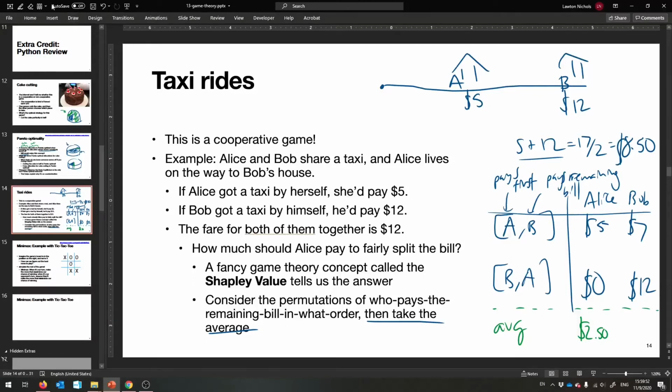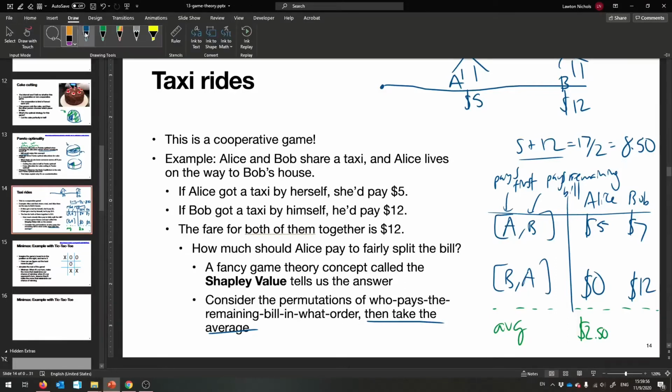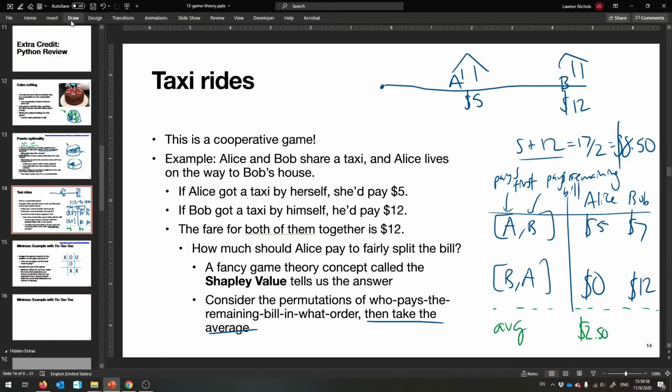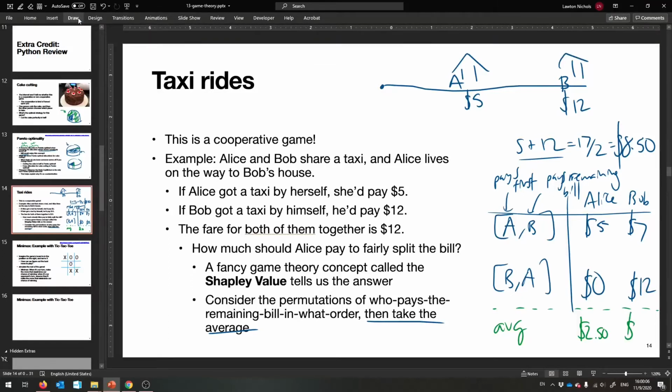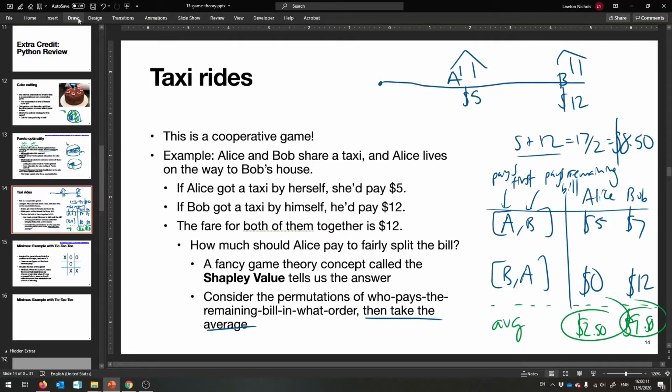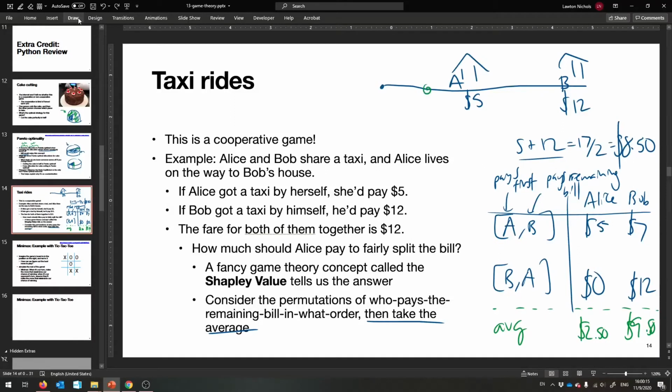Hey. My argument stands. And in fact, now we're going to calculate $9.50 because that's the average of what Bob would pay in these situations. So Bob would end up paying $9.50 total. And so notice that, yes, this is going to sum up to the final $12, and Alice is paying less, and Bob is paying less. Okay? And it's proportional, which is wonderful.